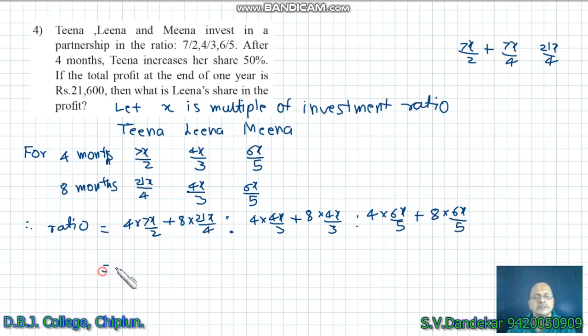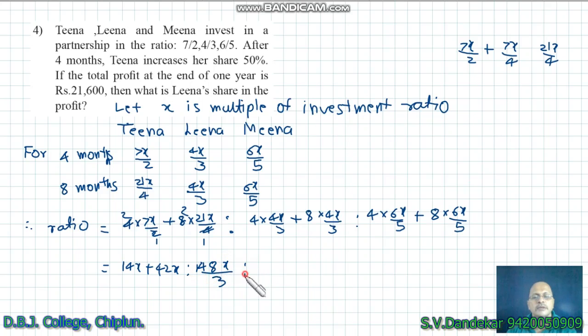That is 14x plus 42x is to 16 plus 32, 48x